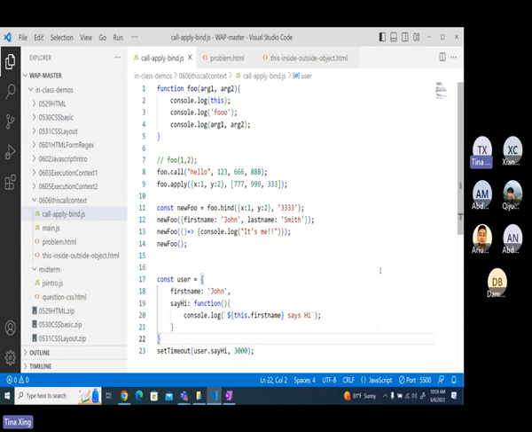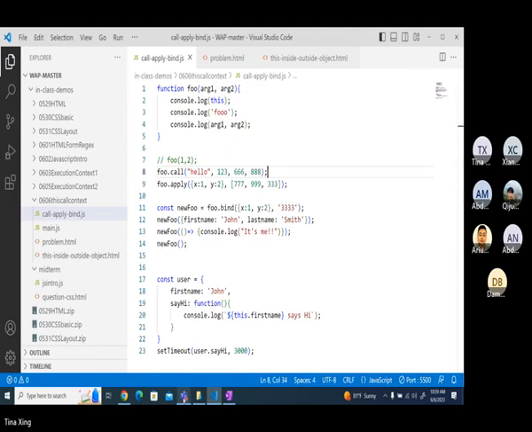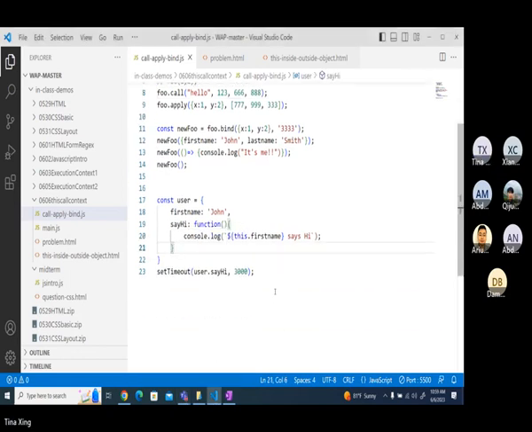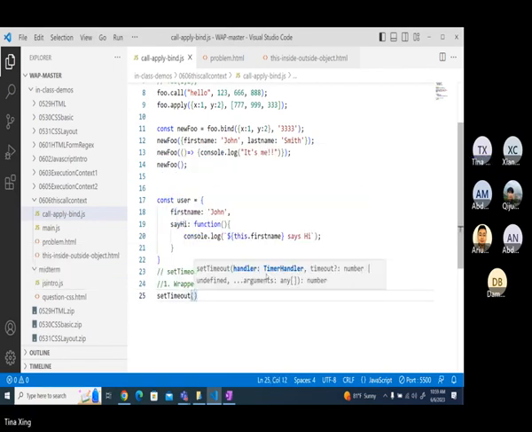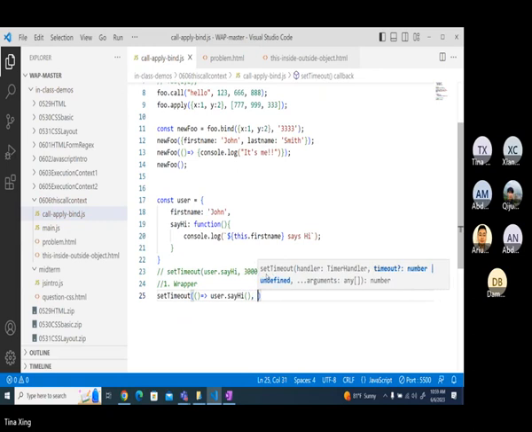Okay, guys, let's go over the solutions, okay? We have the first way we solve, the first we solve is using a wrapper, right? What we did, let's review, okay? We did it this way, user dot say hi, 3,000, right? That's the first way we did it, right? And the second way,